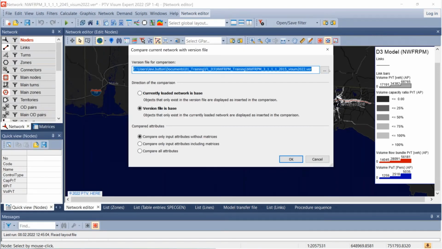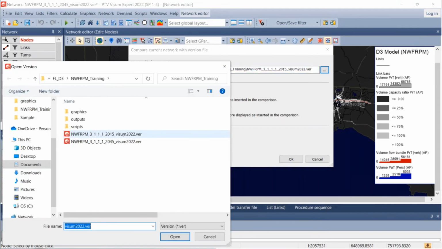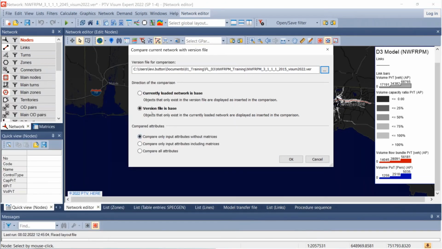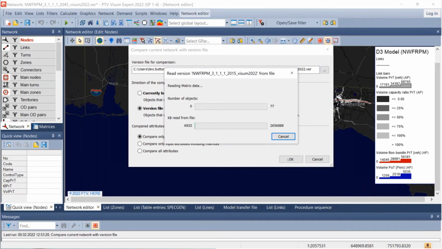Select your base model year here. Click Open. And then this version file is the base network currently loaded. So once you click OK there,